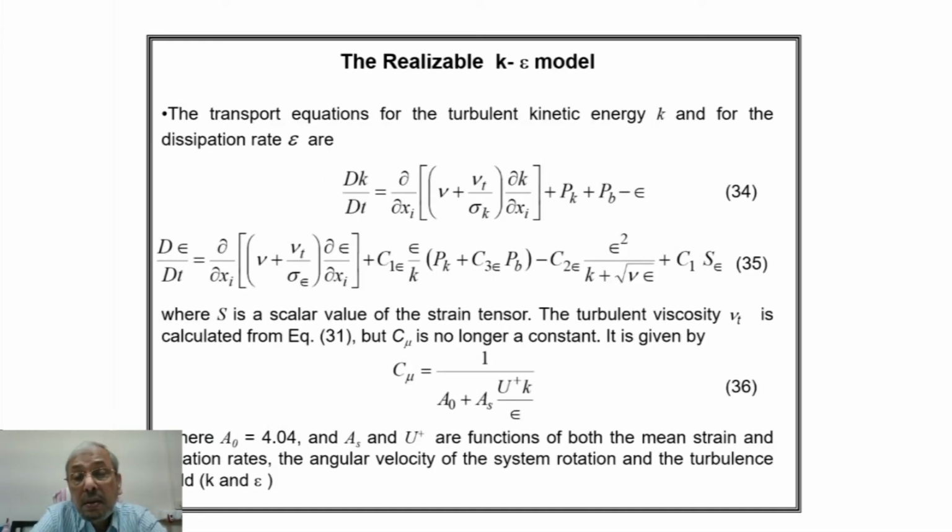There is another model which is also very popular. This is again K epsilon, but modified K, modified epsilon. You can see this production term PK and PB, these two terms are extra terms in the K equation. Similarly, the epsilon equation also has PK and PB terms. S is a scalar value of the strain tensor. Just like what we have seen earlier, S is similar. Turbulent viscosity nu T is calculated